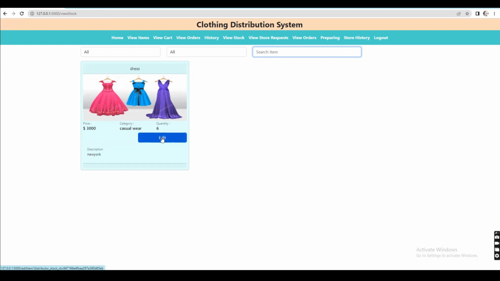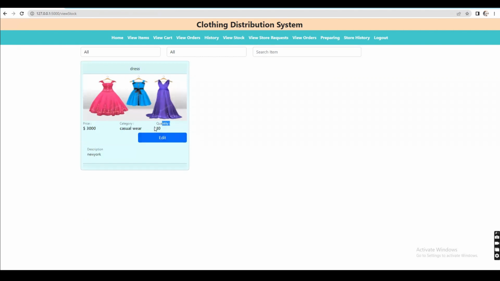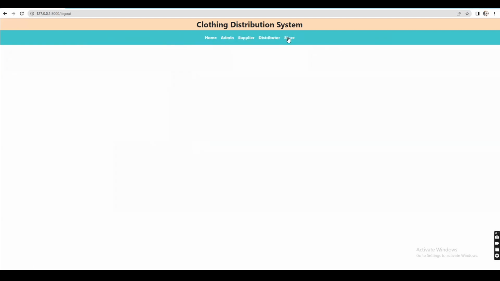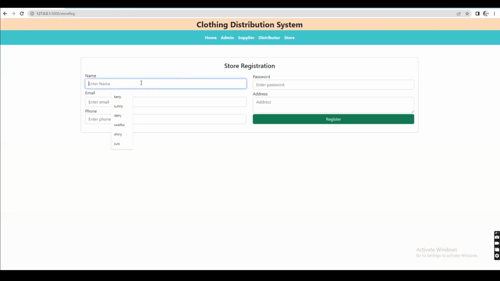So if the distributor wants to edit the quantity of items, they'll edit. So update. By clicking the update button, the quantity will be updated. And after adding the stock, the stores will register into the website with the store name,